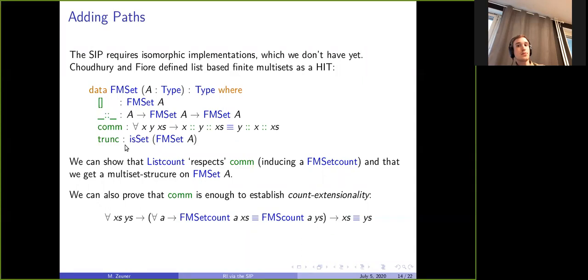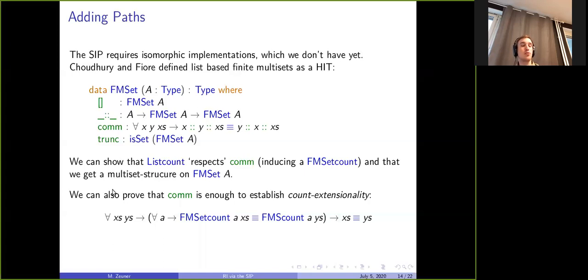Now we can prove that the count function that we had for lists, which is how the count function should act for these constructors, respects the com constructor, in a way; it's invariant under swapping elements, and thus we get an FMSet count function and a multiset structure on FMSet.